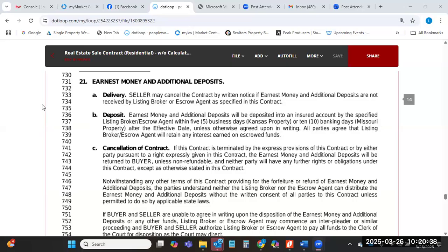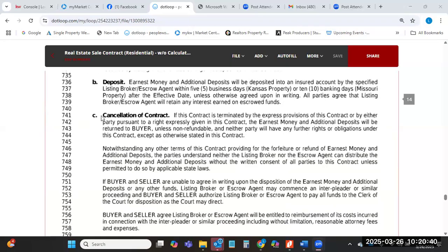What happens when the contract is canceled by the parties. And so we will deal with this a little bit, go over some of the verbiage in here. If this contract is terminated on line 741, if this contract is terminated by the express provisions of this contract, meaning that one party or the other is canceling the contract because of a right they are given to do that within the contract,